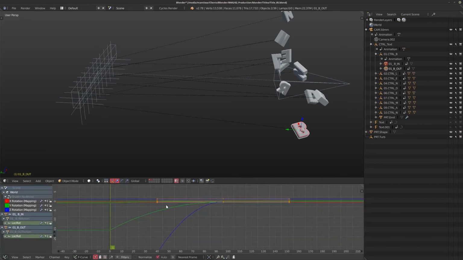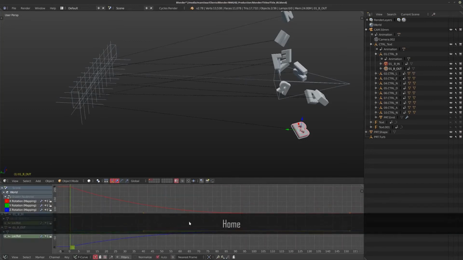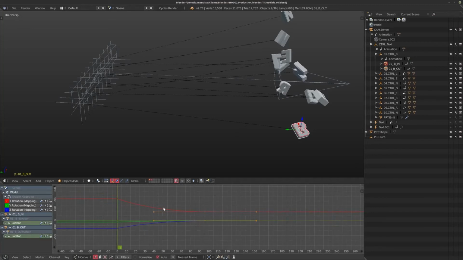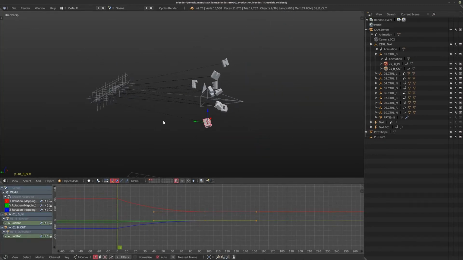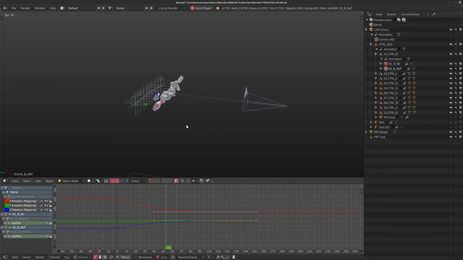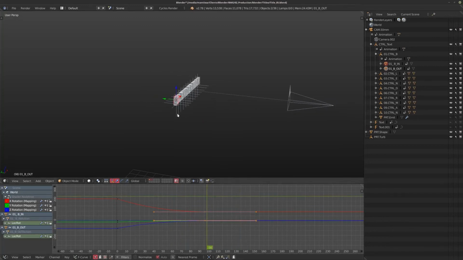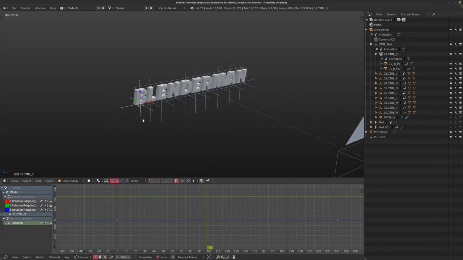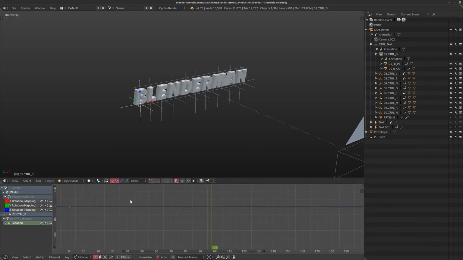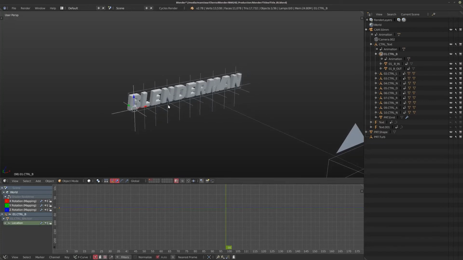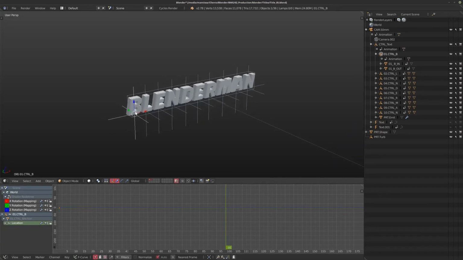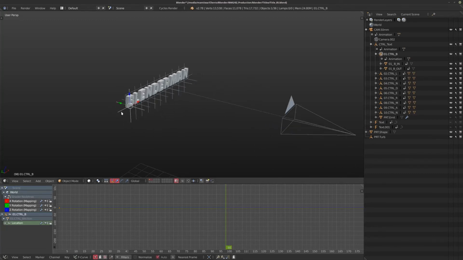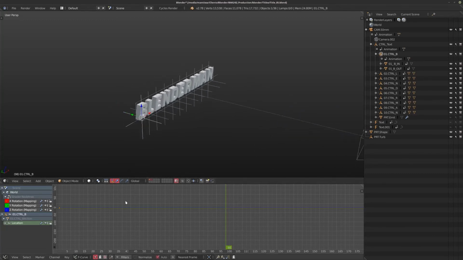I'll actually grab the graph editor over here. So what you can see is the letters themselves, they have a bunch of location and rotation keyframes. So all they're really doing when they're animated is moving from this really weird rotated position back into their original position. And that's it. Now, if I select the keyframes for the helpers here, I don't know if this will be very visible, but basically they're moving ever so slightly on the x-axis, and they're moving ever so slightly out. So that allows me to have a really smooth transition between all of these different movements that are going on without having to mess with keyframes a lot.